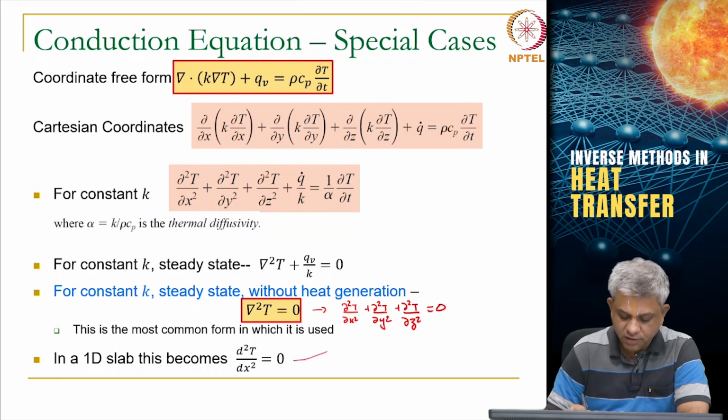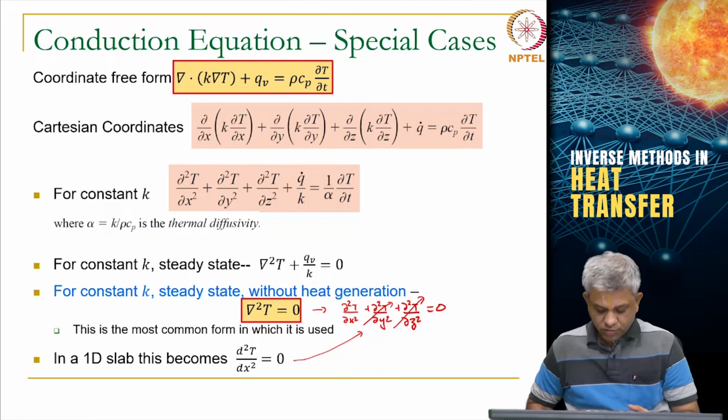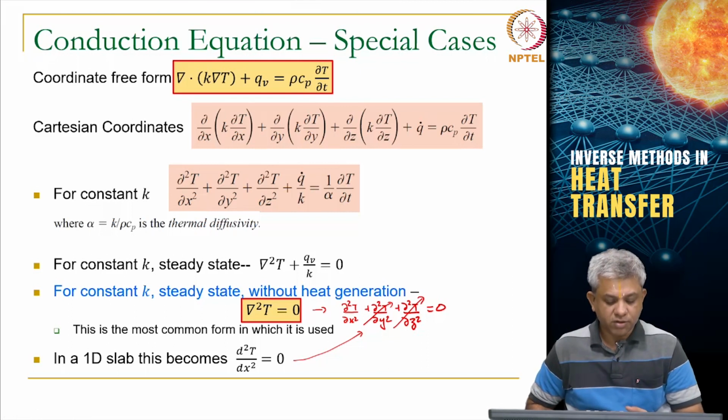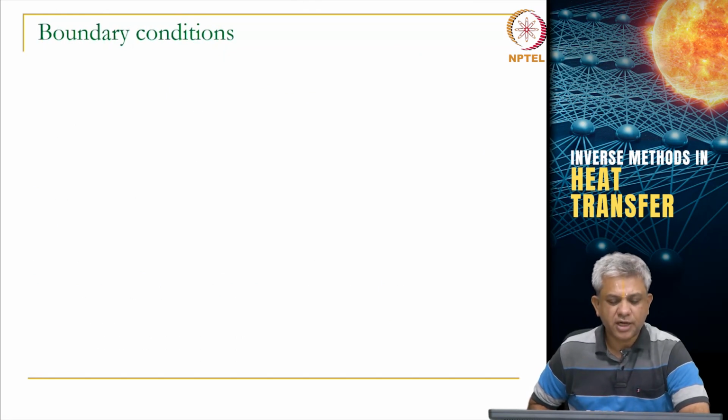And since it is 1D, these two are not going to be there. So, you use T is simply a function of x. So, you get d square T dx square equal to 0. This is usually the form in which you would have seen it. Now, let us say we take a 1D case, or in a general case also, usually we have to apply